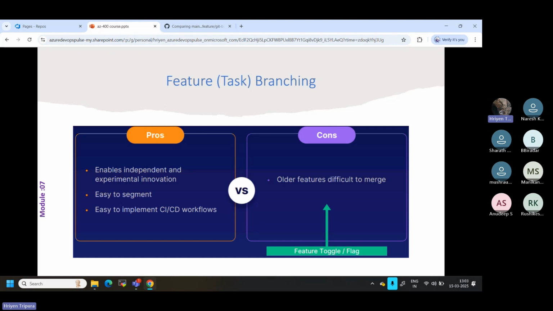Say for example, you created a feature branch. Now you have done your work and want to merge it. Whenever you push the changes to your remote branch and raise a PR, or pull request, the reviewer will review your code. If your code looks good, only then will they merge to the respective branch, that is your dev branch. So when you are merging from the feature branch to the dev branch,